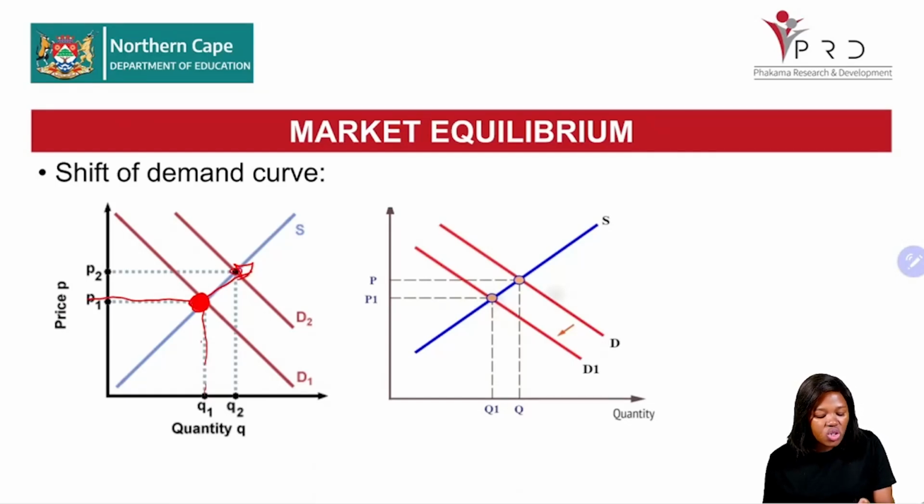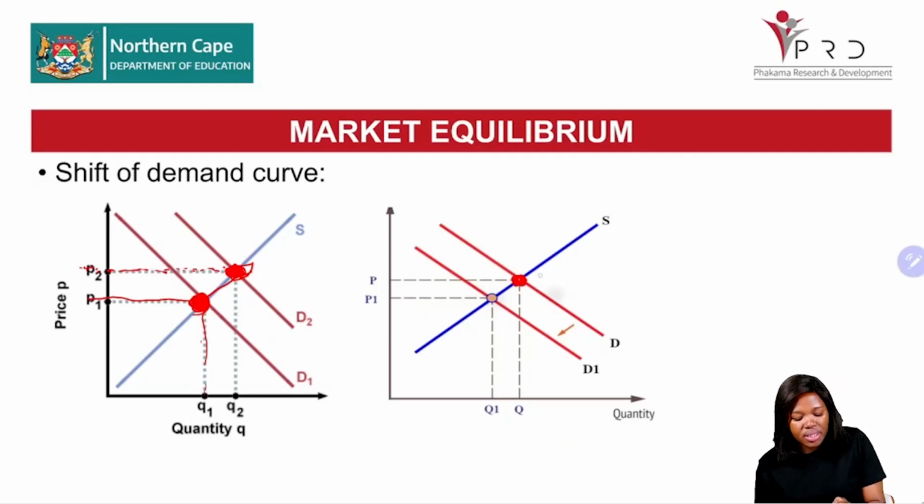And then when it shifts to the right, what happens to the market? The market equilibrium point will shift as well as the equilibrium price. Now, when there is an increase of consumers in the market, the price of a product will increase due to the increase in demand. Right. The demand curve will shift to the right, which will increase what? The price of a product. But when, let's just say initially,